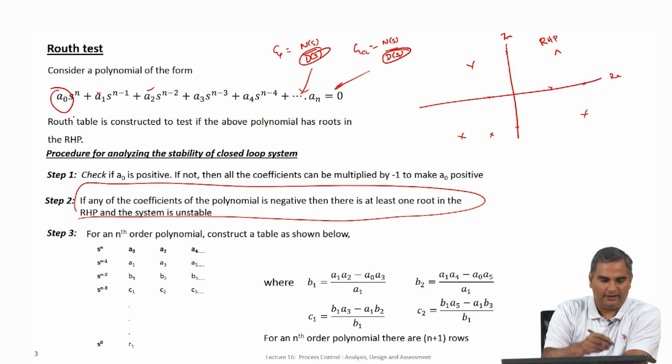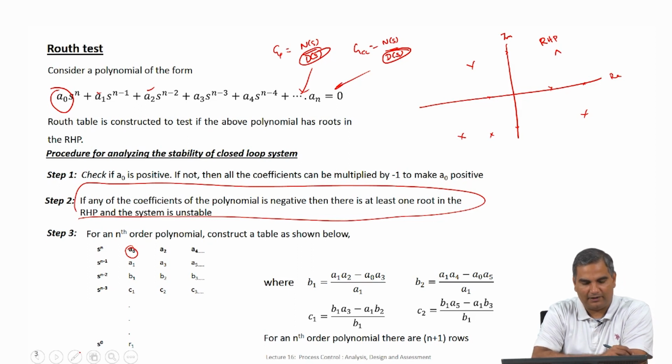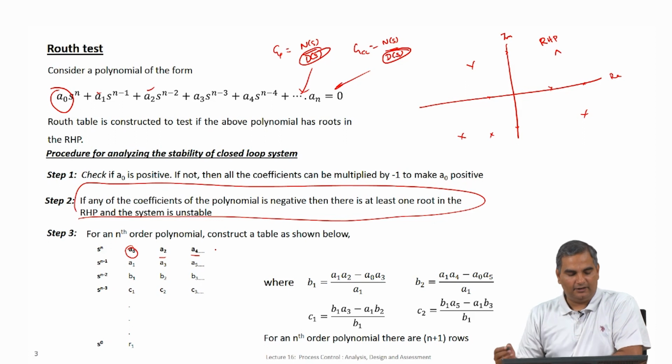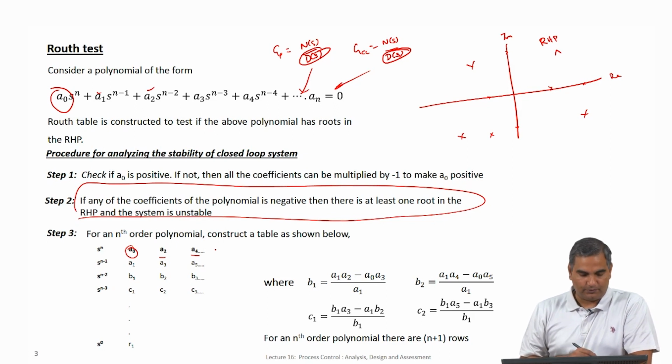So, you take the highest power and put the coefficient corresponding to the highest power in the first row. You also write this so that you keep track of what is happening, and then you leave the one corresponding to s minus 1 and go to s power n minus 2. Basically, you skip one term and keep adding constants here till you run out of terms. Very simple procedure. We will show this through many examples in this lecture, so that you are comfortable with this procedure.